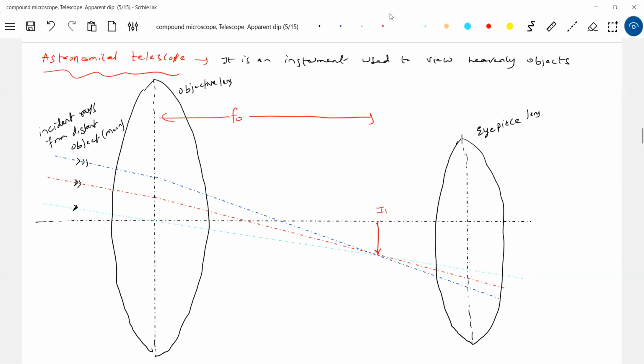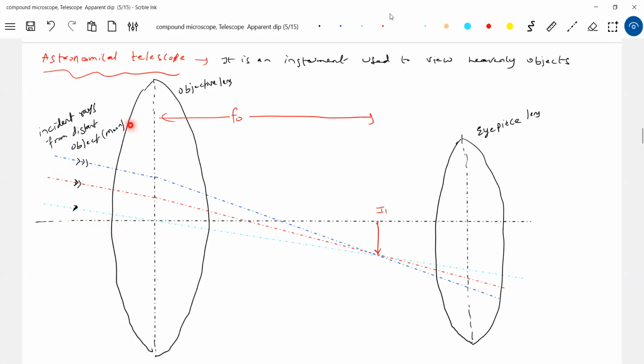Usually in ray optics, we show the rays coming parallel to the principal axis. Sir, why can't the rays come parallel to the principal axis? Look at the position of the earth and the heavenly object. The rays will come like this. Even some set of rays will come here. I didn't show it. Don't think that the incident rays fall only on the upper part of the objective lens. Even the rays will come here. But altogether, when you view any object, the rays will be captured here.